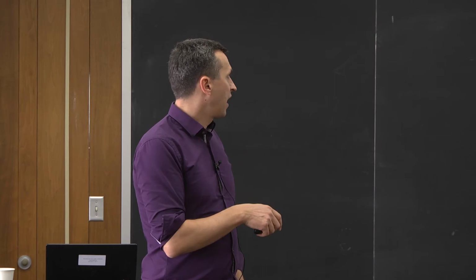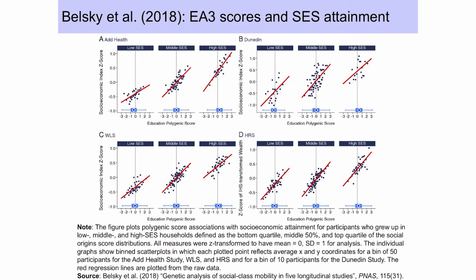Also, that paper showed that across the various samples, you see an effect of that polygenic score on the socioeconomic attainment of the children for various strata of socioeconomic status of the parents. They looked at low, middle, and high socioeconomic status of the parents, and then plotted the polygenic score, here on a Z scale, against socioeconomic attainment of the children, also measured on a Z scale. So this is really cool. You see a positive slope of the polygenic score and socioeconomic attainment across the various samples and across the various